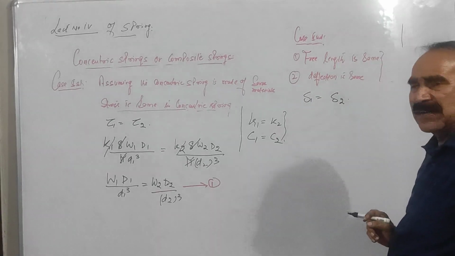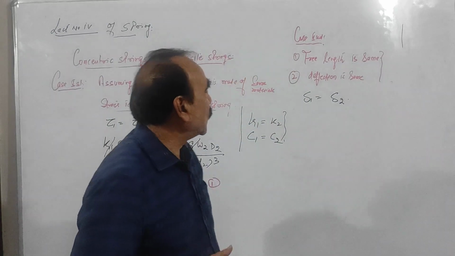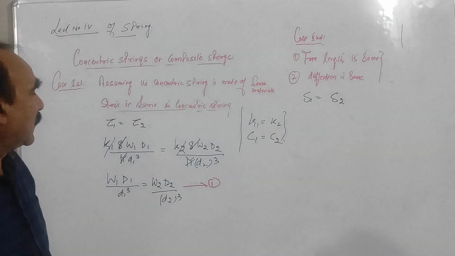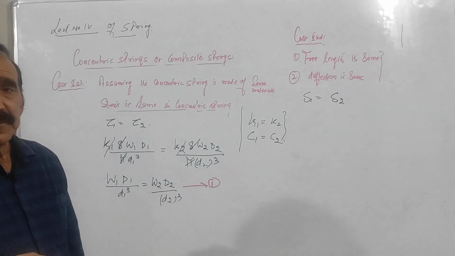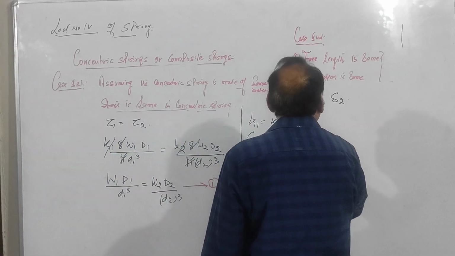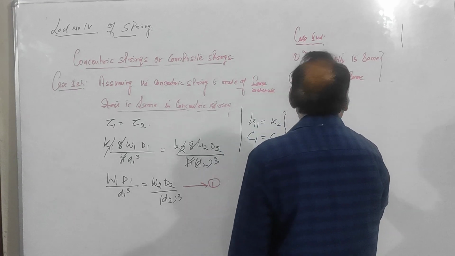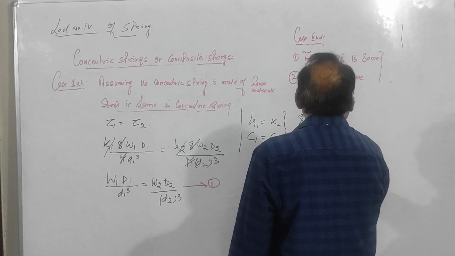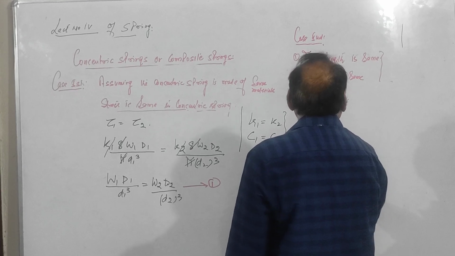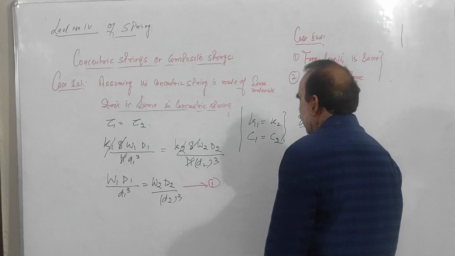When the deflection is same, delta 1 this is equal to delta 2, and what is your delta 1? Delta 1 this is equal to 8 W1 D1 cube into N1 upon G D1 raised to power 4, राइट, यही फार्मूला है।